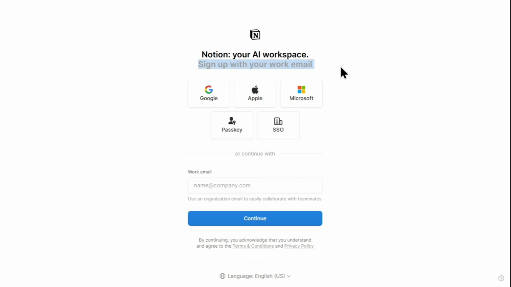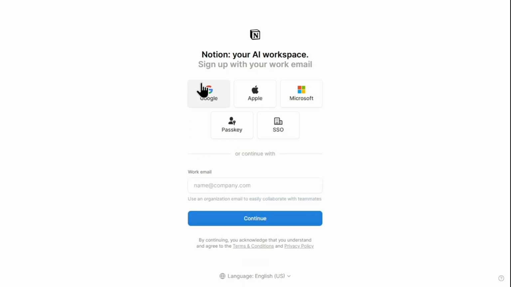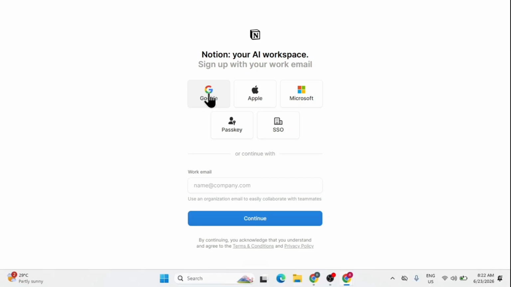You will be redirected to the sign up page. Now look at the main menu options where you can choose between Google, Apple, Microsoft, or typing in a work email. To make things easy, click the Google button at the top left. A separate window will pop up asking you to choose a Google account. Select your preferred email address, review the account access permissions on the next screen, and then click the blue Continue